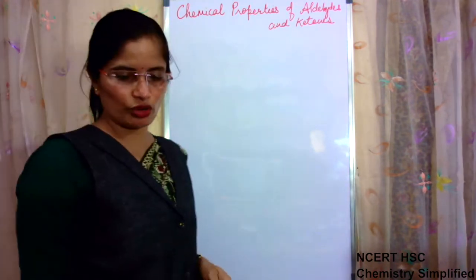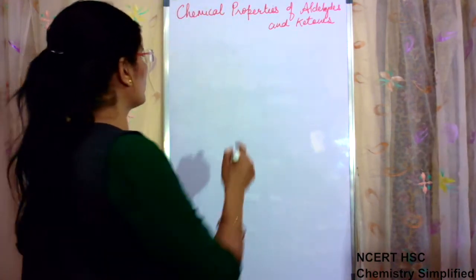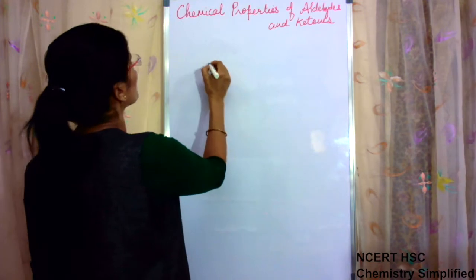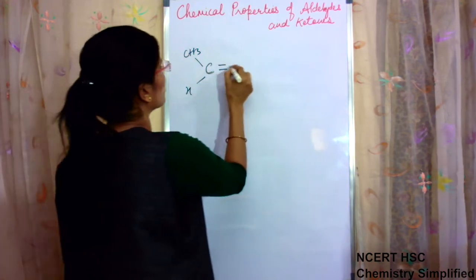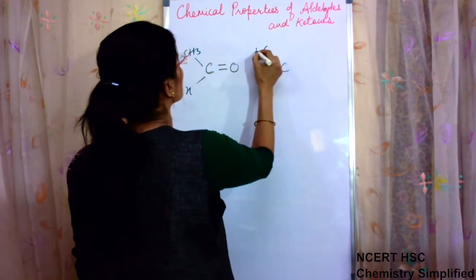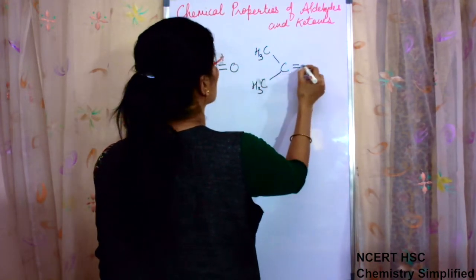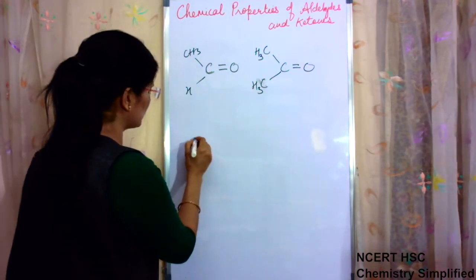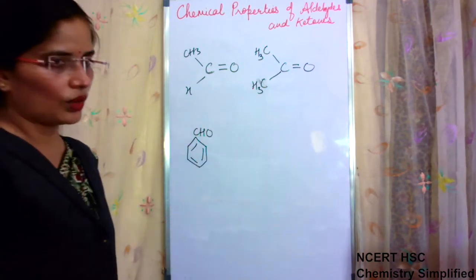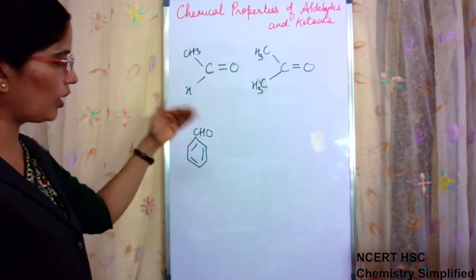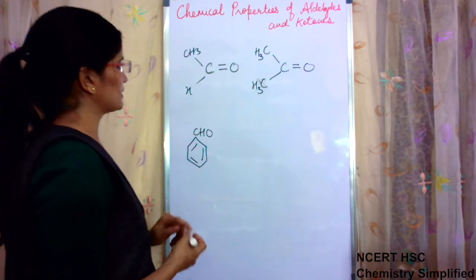Now the second thing which we want to talk about is the comparison of the reactivity of aldehydes, CH3 CHO, then a ketone, CH3 CO CH3, and one more we take, benzaldehyde. Now we want to compare their reactivity. They all are going to do addition reactions, this we have seen, but what will be the order of their reactivity?